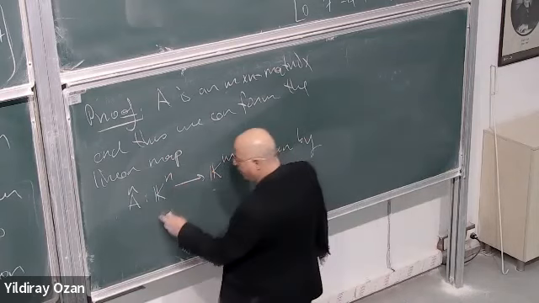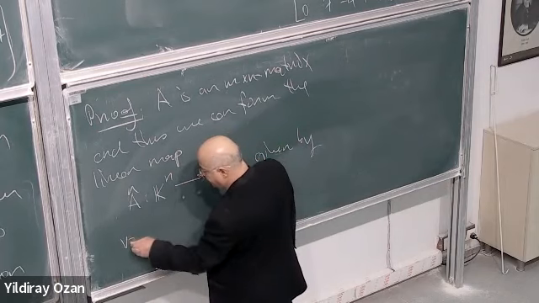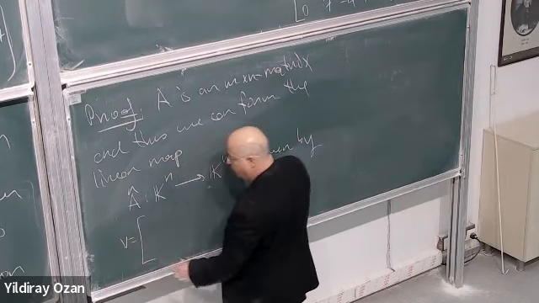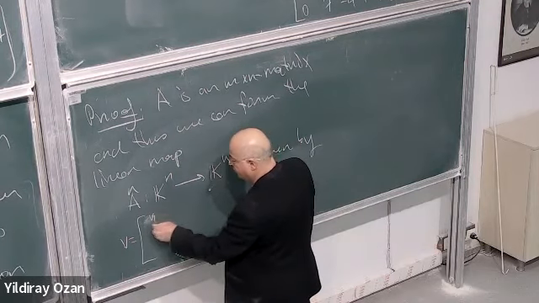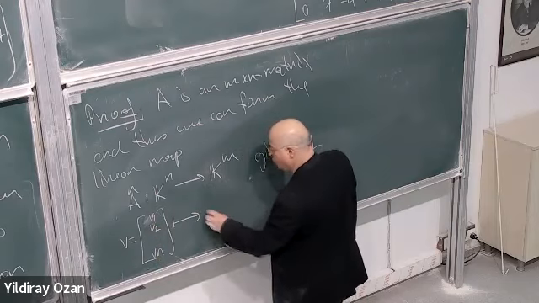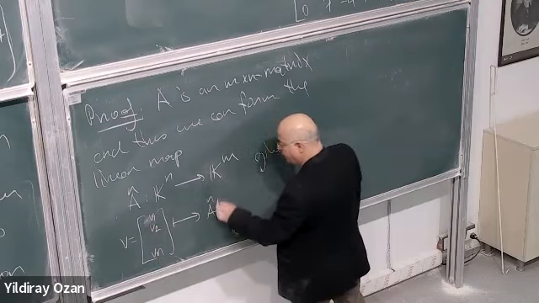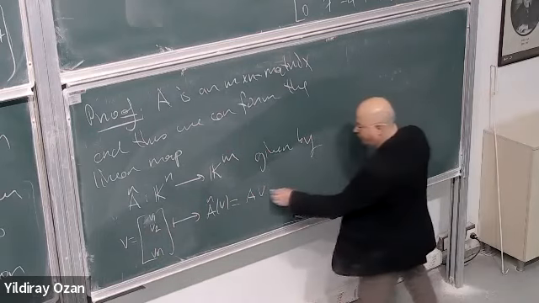whenever you take a vector V, let's say V1, V2, Vn, it is sent to A hat of V. And what is this? This is just the matrix A times V. Okay. So in other words, it is just